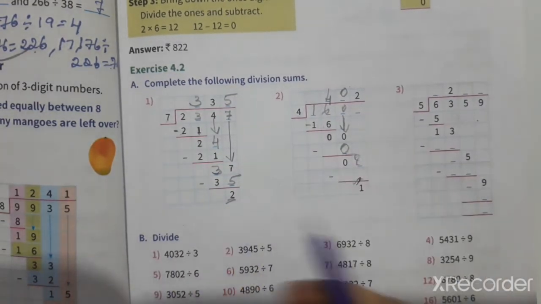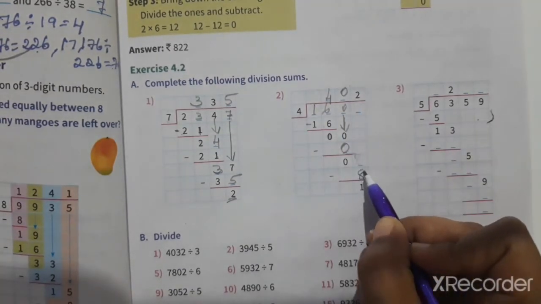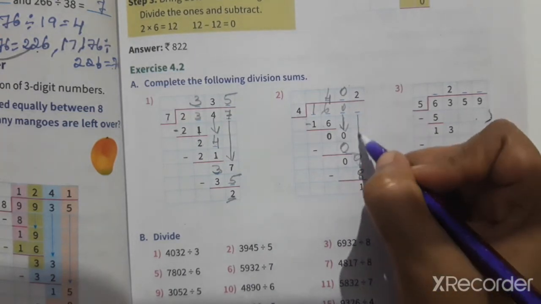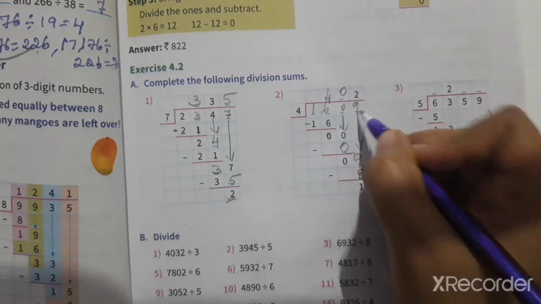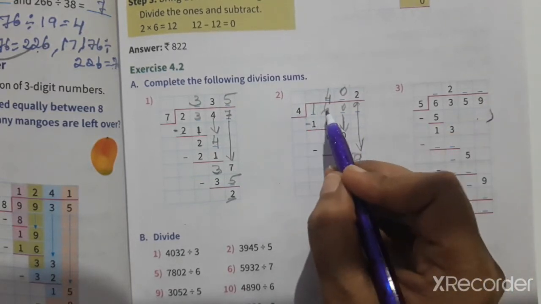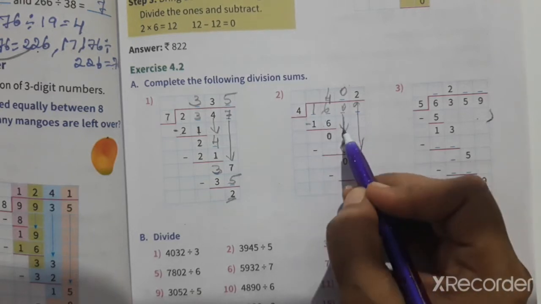Next, 4 2s are 8. That is after multiplying, here 8 again. So 8 plus 1 is 9 here, that we took from up. Okay, 4 4s are 16. So 0 remainder means the same number only here. 4 4s are 16, so remainder 0. So here also 0, which we took from up.